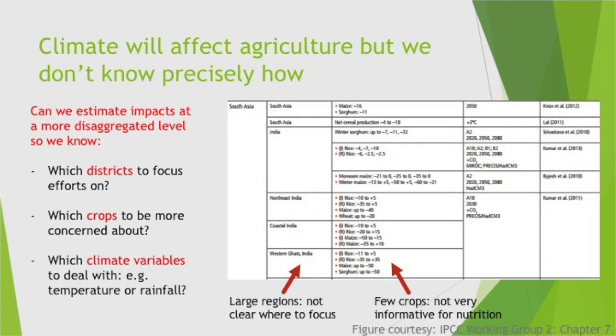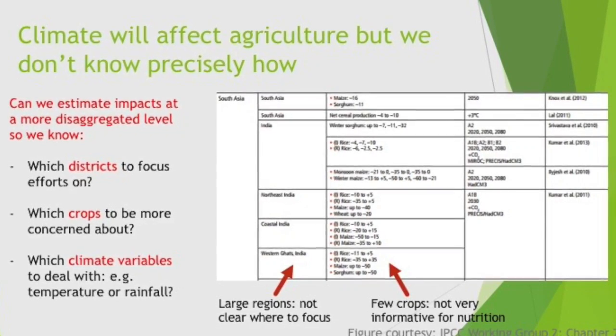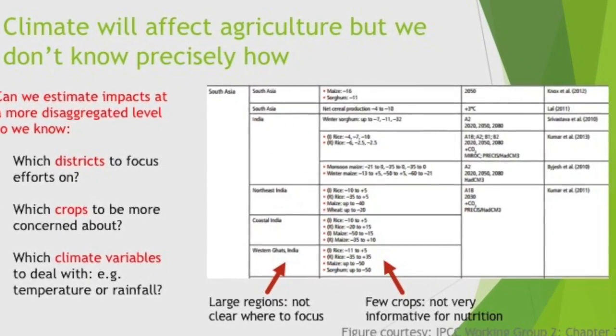So we all know that climate will affect agriculture, and it does affect agriculture. But the problem when it comes to talking about climate change is that we usually don't have very precise information. Now, policymakers have access to a variety of information sources, but I think this table from the latest IPCC report kind of reflects the issue we face when it comes to planning to adapt to climate change for agriculture. So the first thing you'll notice, I don't know if you can read that very well out back, but the important detail to notice is that